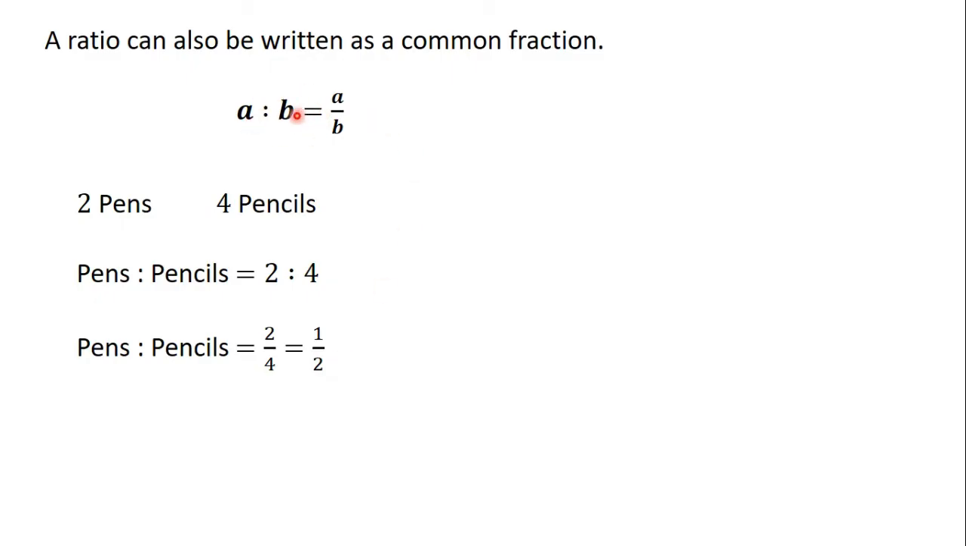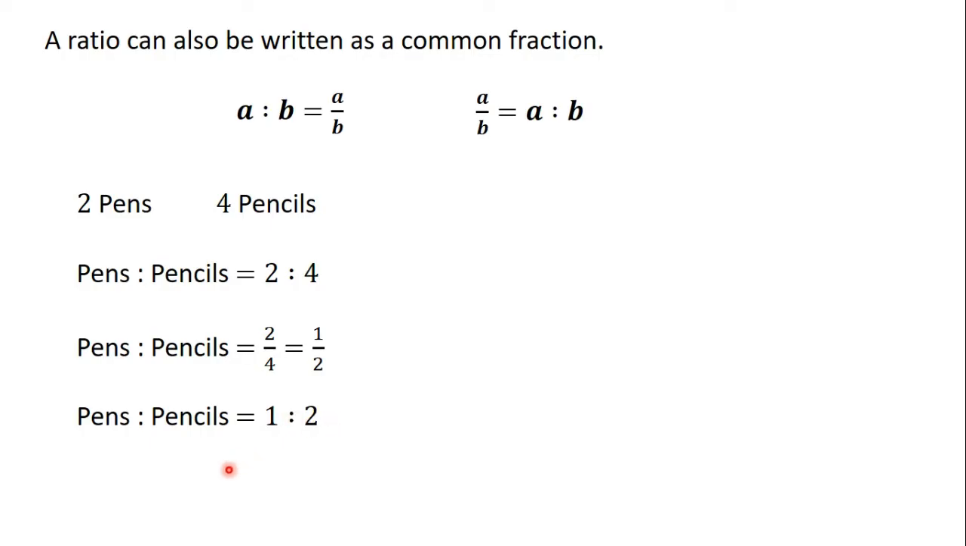Now we have seen from here that A is to B can be written as A divided by B. In the same way, A divided by B can also be written as A is to B. So if A is to B is the same as A divided by B, then A divided by B can be written as A is to B. So it means that 1 divided by 2 can be written as 1:2. So the ratio of pens to pencils can also be written as